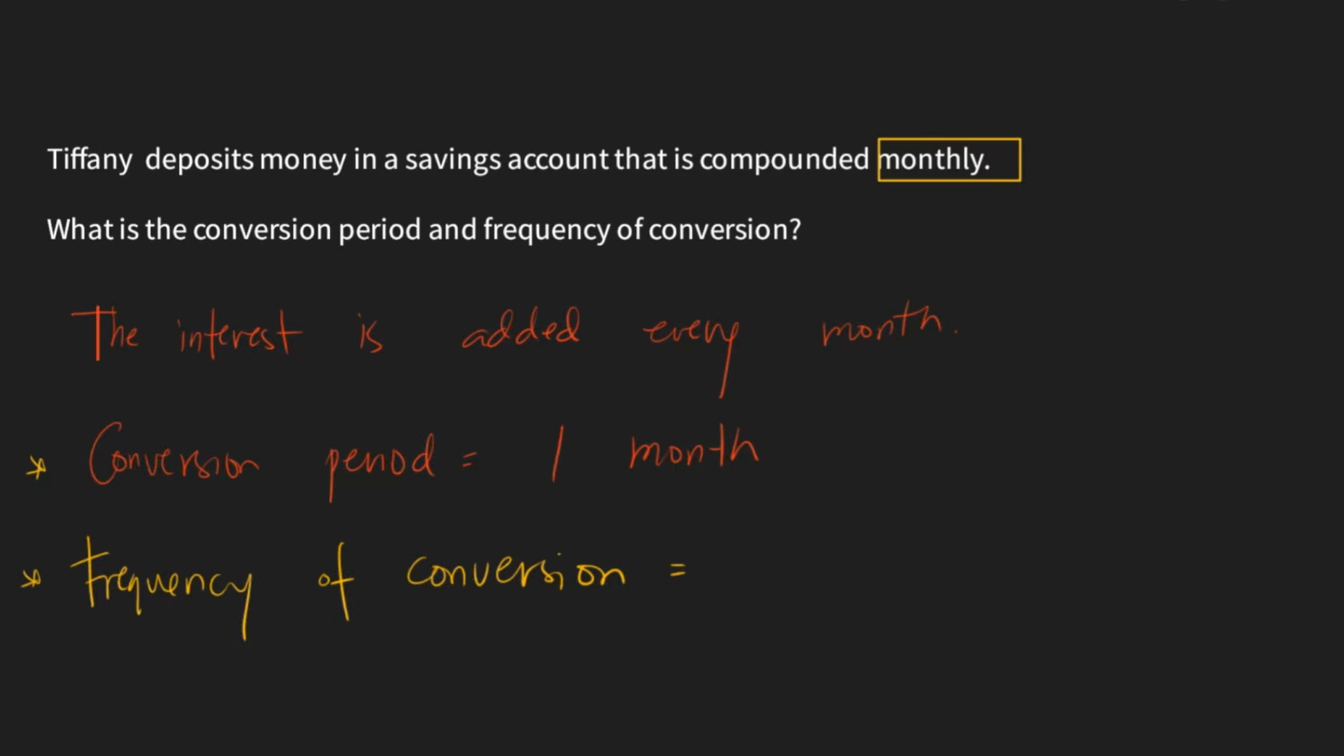How many times in a year will Tiffany have interest from her savings account? Since we have monthly, how many months do we have in a year? That is 12 times per year. Here, 1 month and